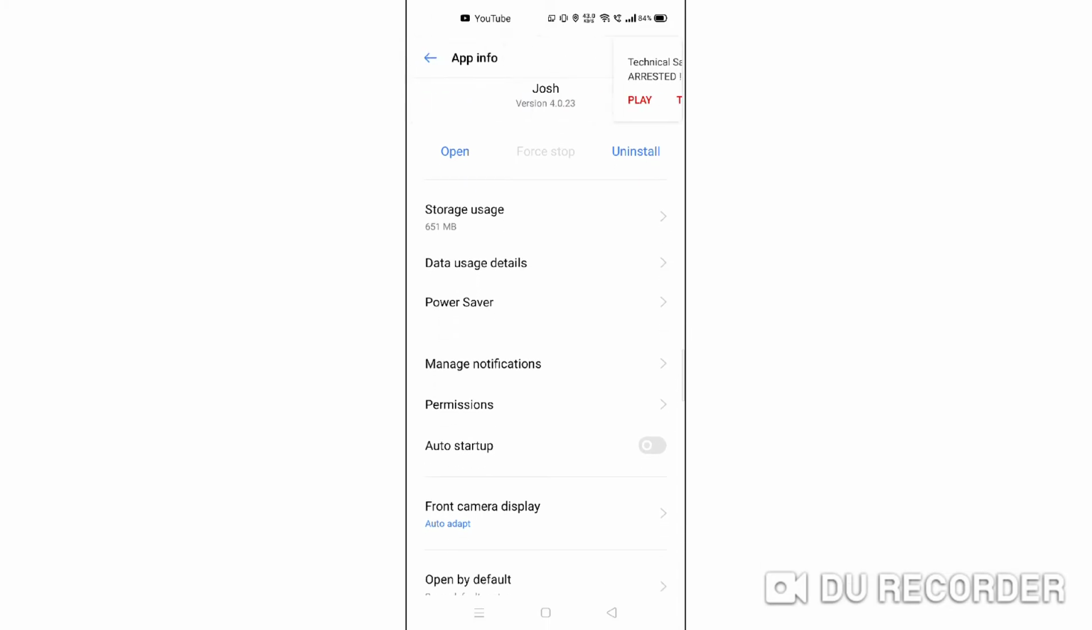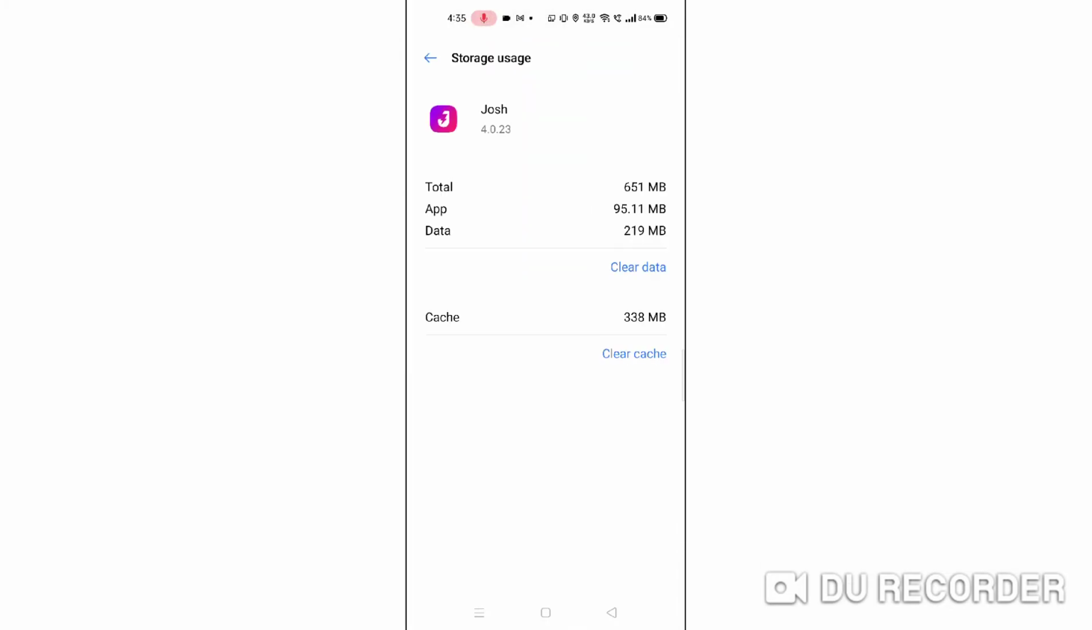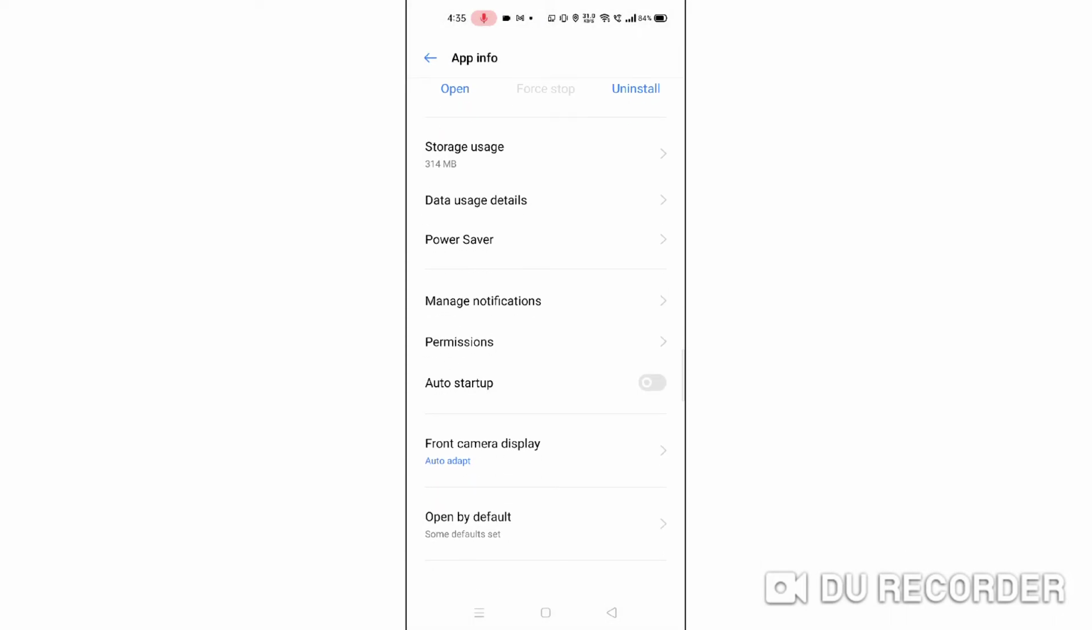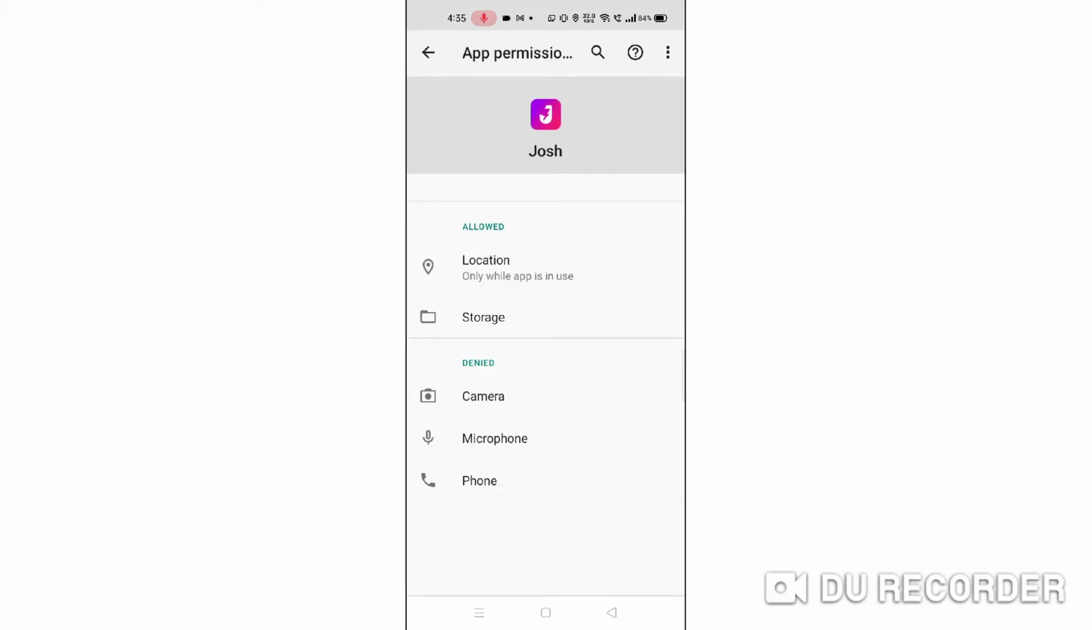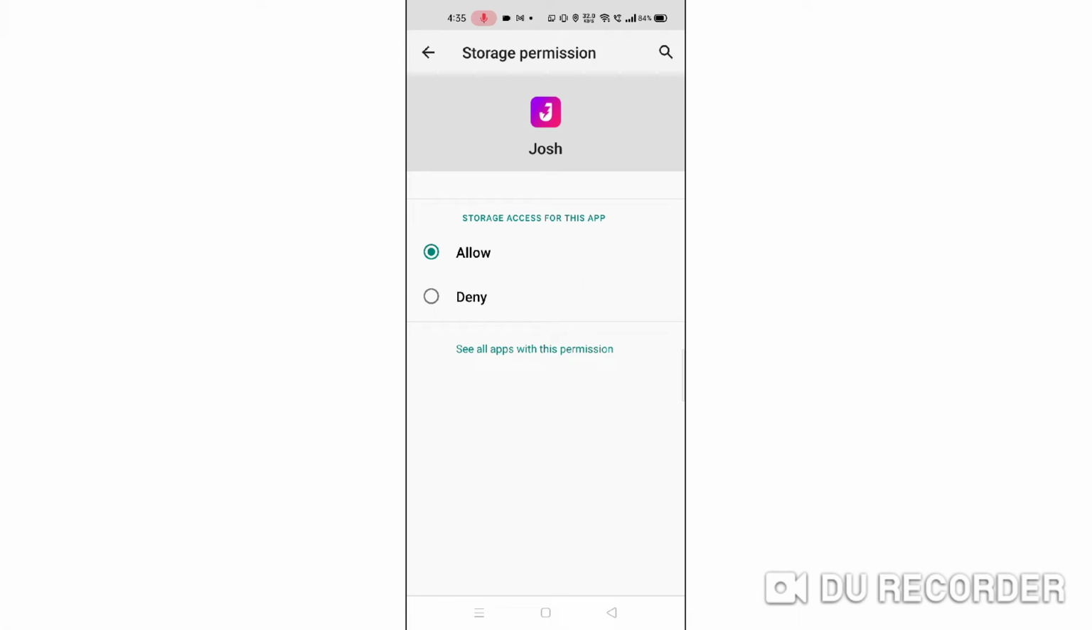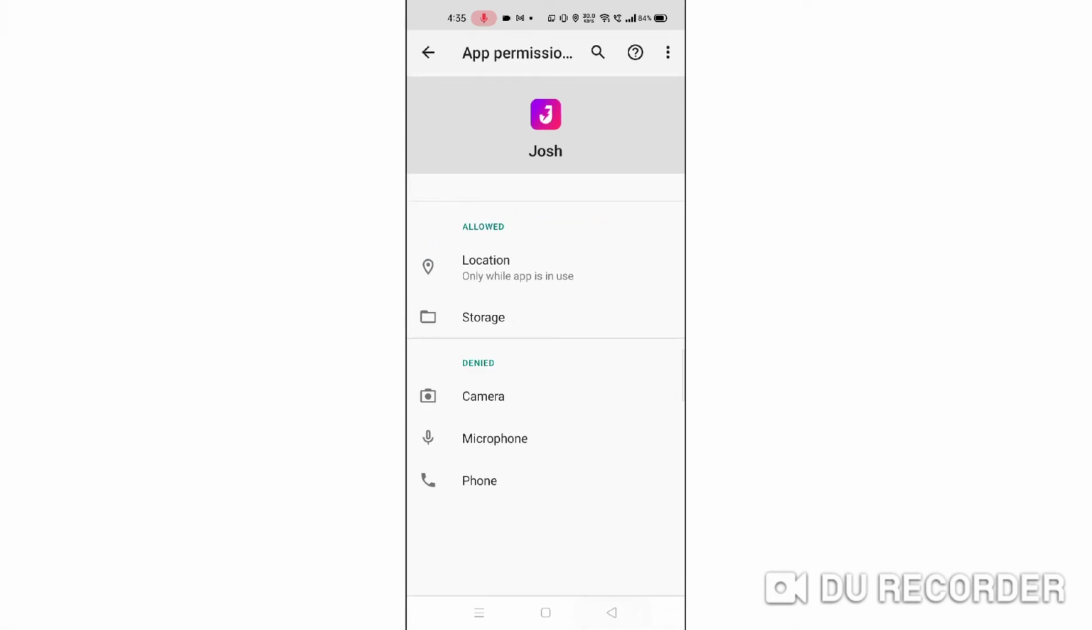After clicking there, click on storage usage. Make sure that you clear both clear cache and clear data. After clicking on both, click on permission. After clicking on permission, click on storage and make sure that your app is allowed. After allowing this,